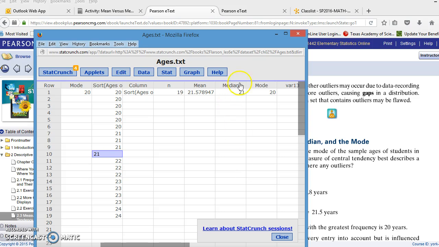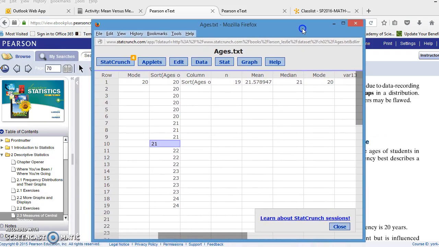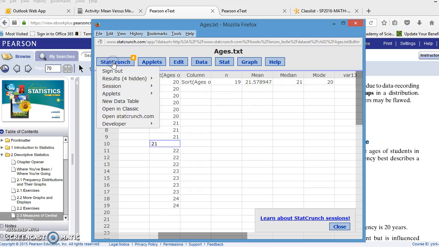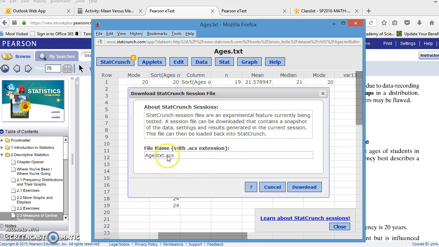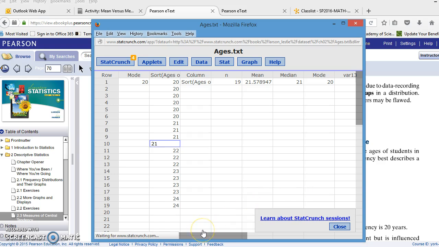And this is important, again, when you're taking a test, that you're able to complete all of the questions that are asked and save your work as well. Because with StatCrunch, if I want to save this, I can take my session and download it. This one is called Age Text. And if we download,